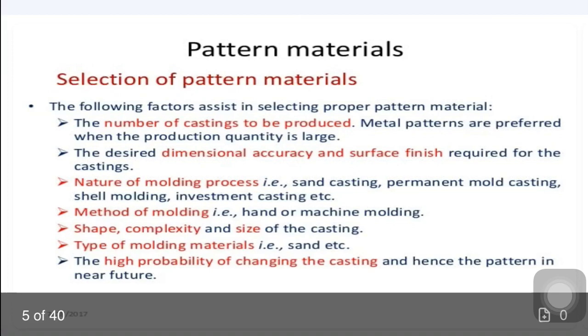So these are the available alternative options for the molding process. So based on the nature of the molding process, your material selection will also be done. Now the method of molding. Here you have two alternative options: the hand or machine molding process, हैंड मोल्डिंग प्रोसेस एंड मशीन मोल्डिंग प्रोसेस. आप हाथ से मोल्ड बना सकते हो, या फिर मशीन की मदद से आप मोल्ड बना सकते हो, जिसके अंदर आप लिक्विड मेटल को पोर करके कास्टिंग बनाने वाले हो।